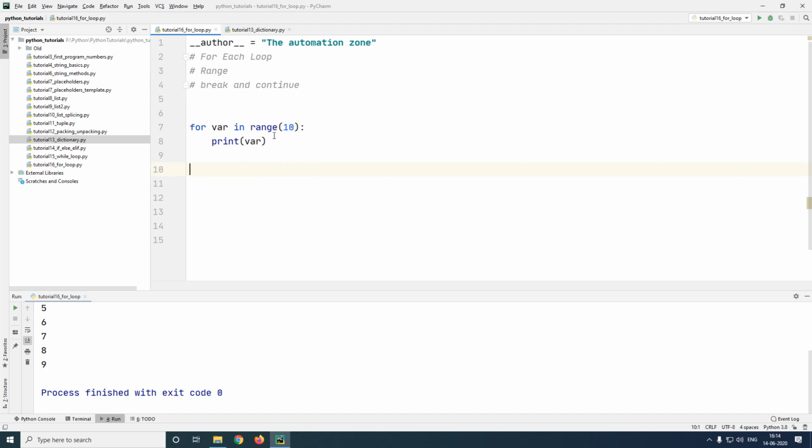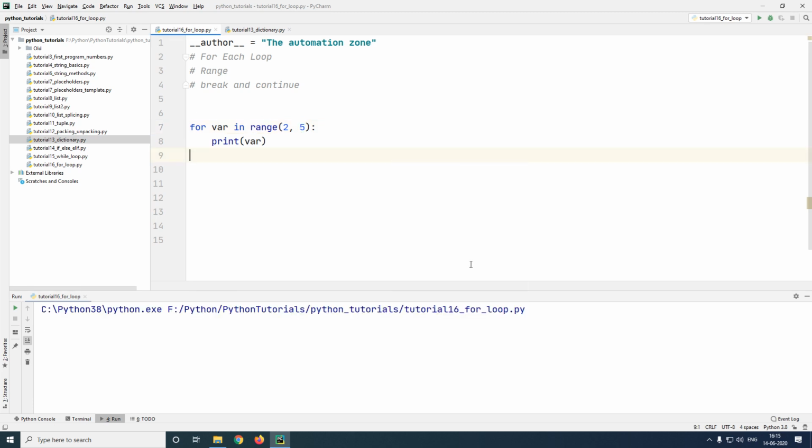Since we already have used the range collection, we'll learn a few important methods of range. The first one is by default a range starts from 0, but you can change it by giving a starting point. To do that, simply give a number and then give a comma. So let me start at the number 2, but let me end at the number 5 minus 1, which is the number 4.